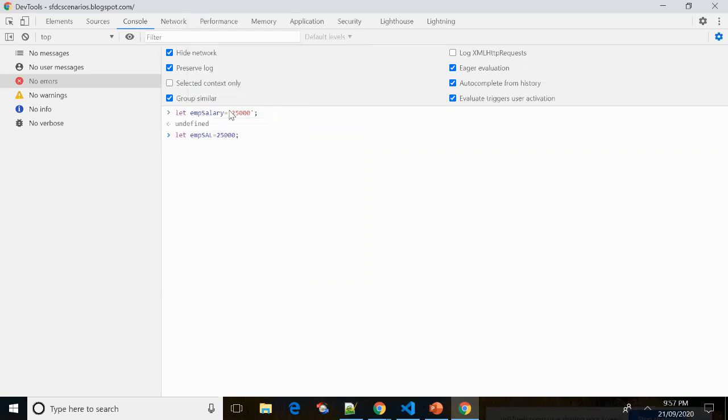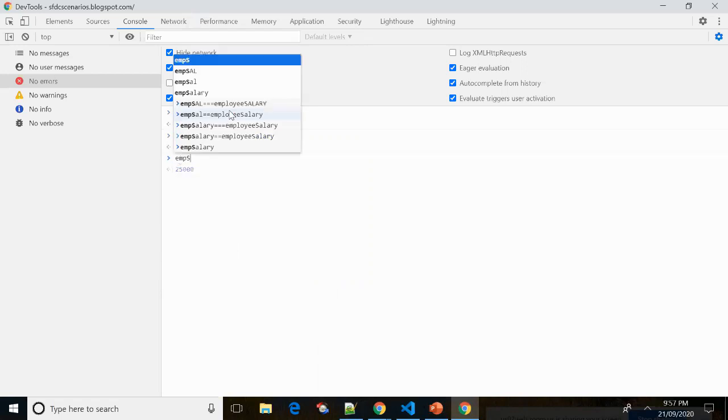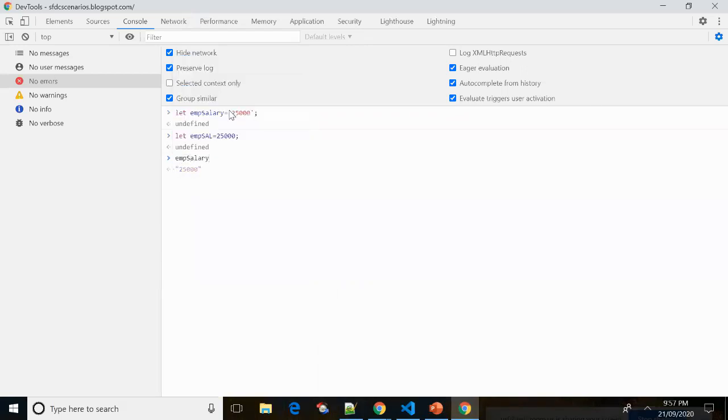Let me do the comparison: emp salary double equal to emp sal. This is a double equal, so what is happening is it will only check the values. It doesn't check the data type. That's the reason it is returning true.